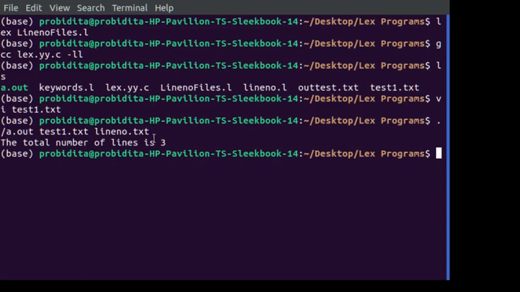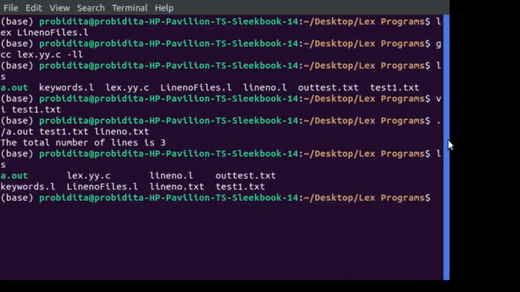So when I do this, you can see the output is not shown on the screen here. It just shows the total number of lines is 3. Now let us see whether a file is created. Yes, you can see linenumber.txt is created.